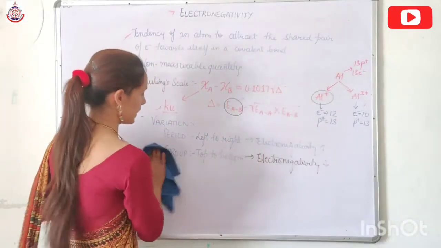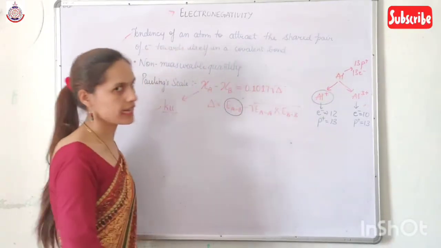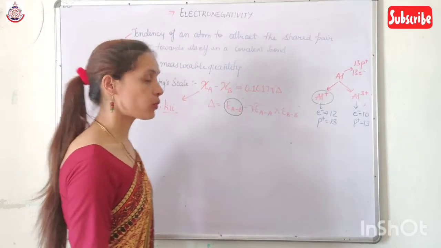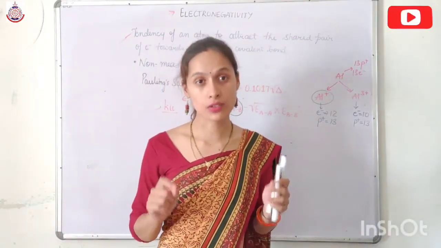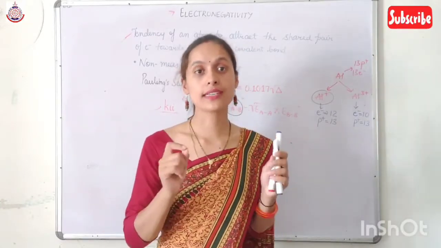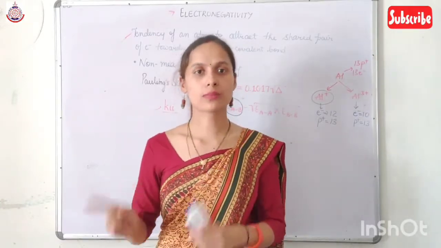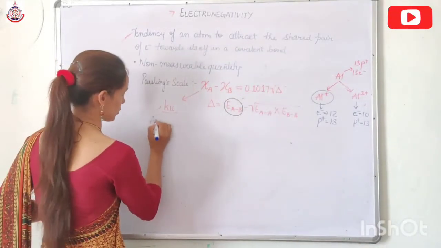Now next we will talk about the applications of electronegativity, and why we don't have exceptions in electronegativity: because electronegativity is not a calculated value, not an exact value, it is a relative value with respect to the fluorine. So if we talk about the applications,